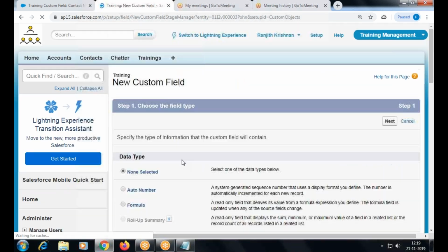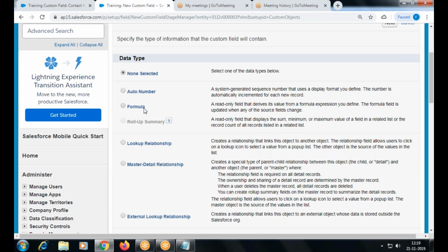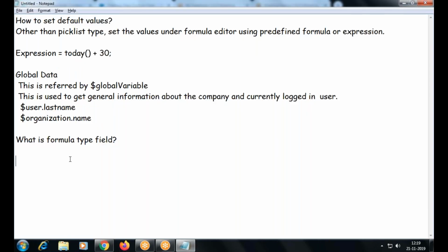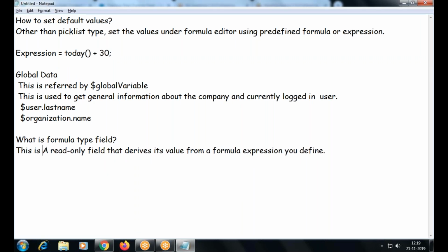So where is the formula type? Here. Got me? So this is a read only field. Okay, this is a read only field that derives its value from the formula expression you define.